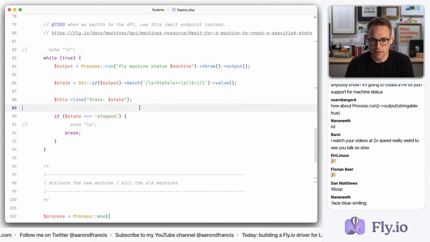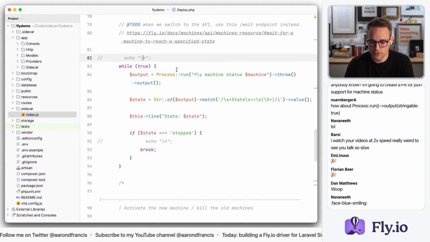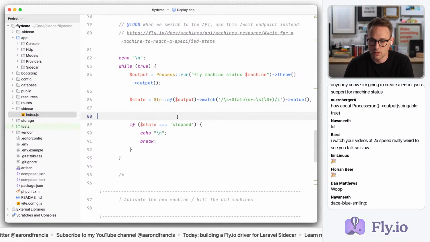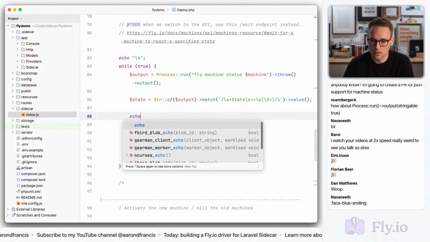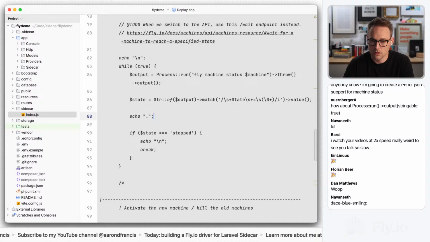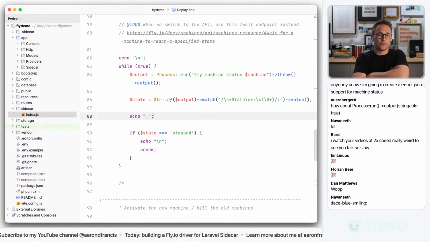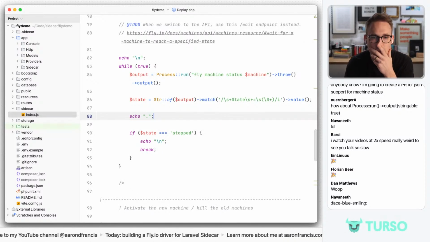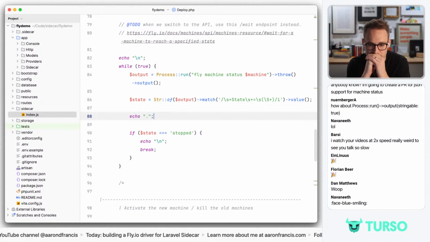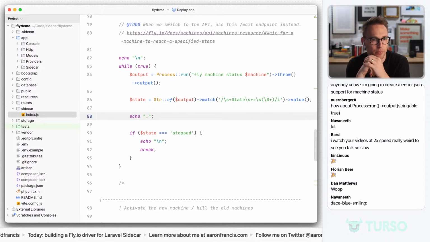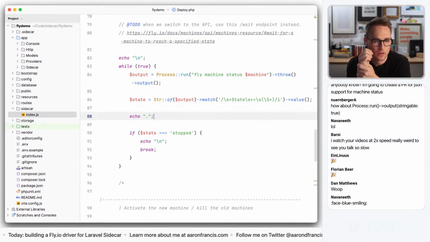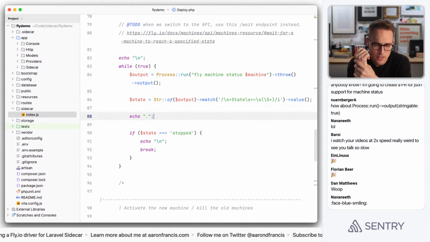We have just deployed user code to Fly inside of our own little wrapper. Yeah, yeah, this is good. So